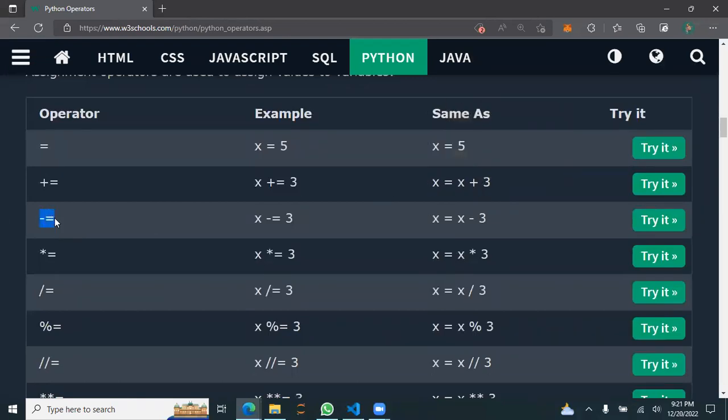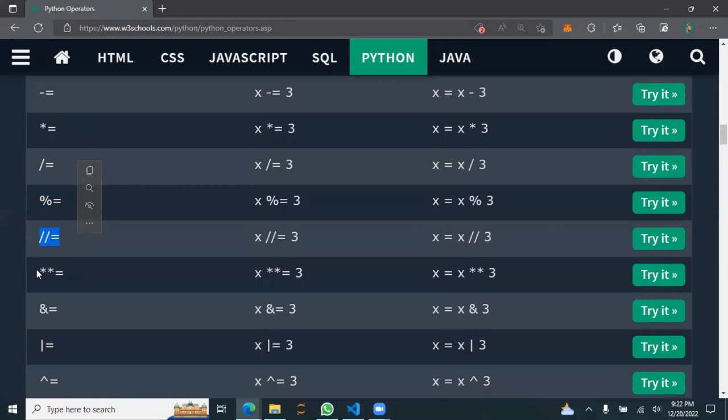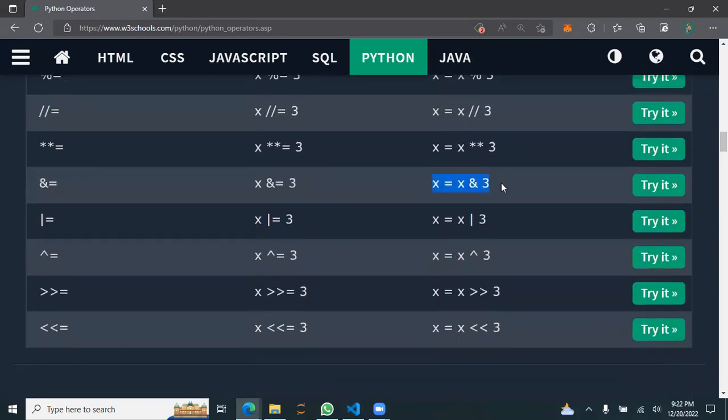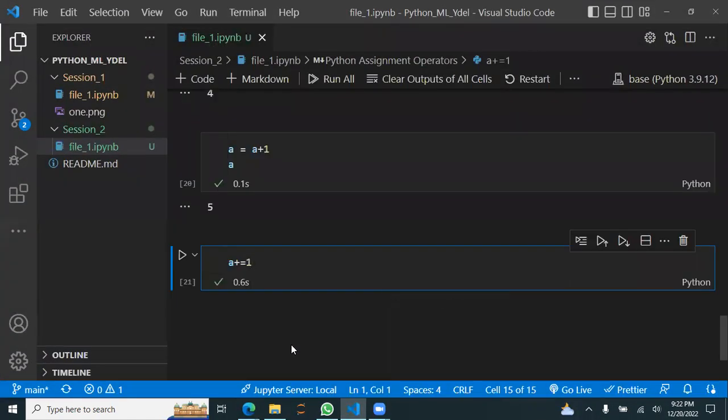Same goes with minus equals: it takes the variable, subtracts something, and again assigns to that same variable. Same for multiplication, division, modulo, floor division, and square, and I guess this one, let's see what it really is,